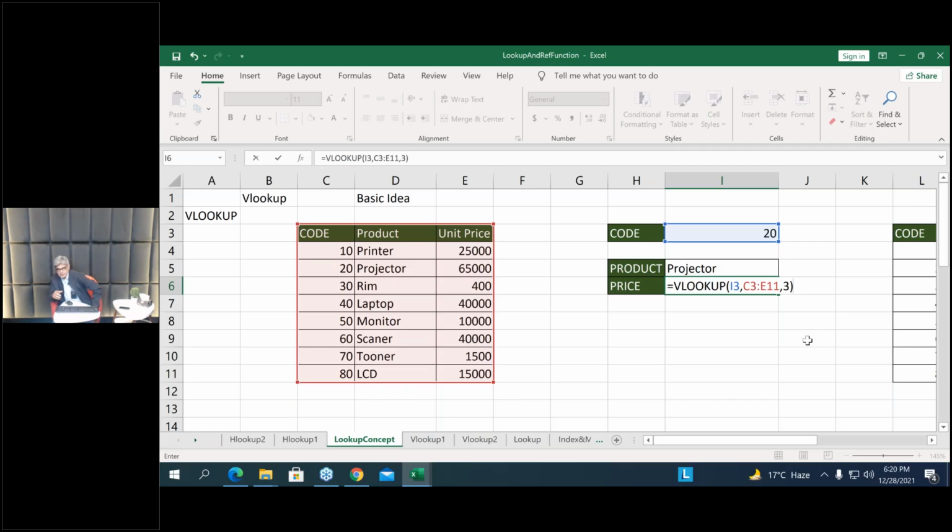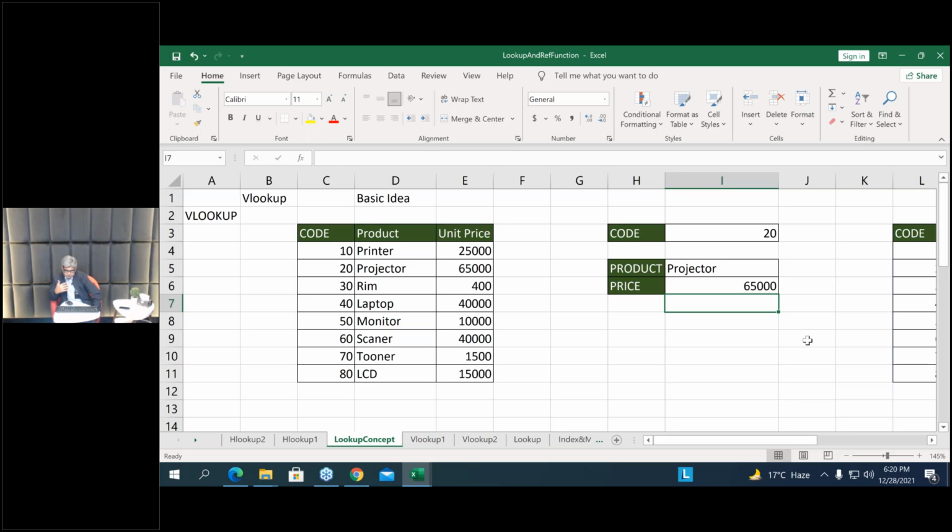Okay, now there are a few things that we need to take care of when we apply the VLOOKUP function. Whenever we use the VLOOKUP function like this, with no parameters involved, then the lookup range, in that particular case, is the source from where we want to get the data. The leftmost column